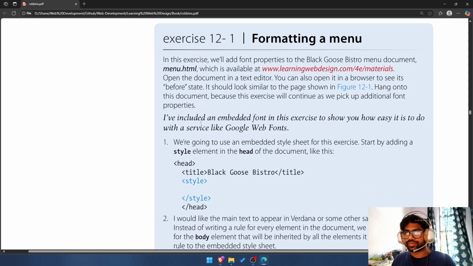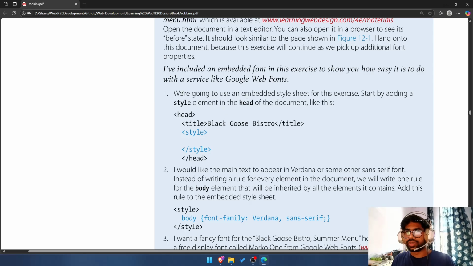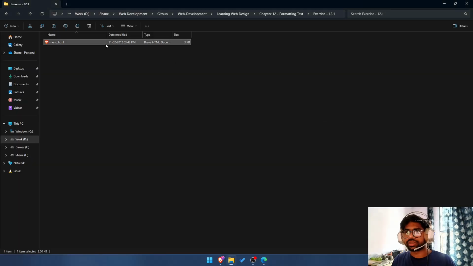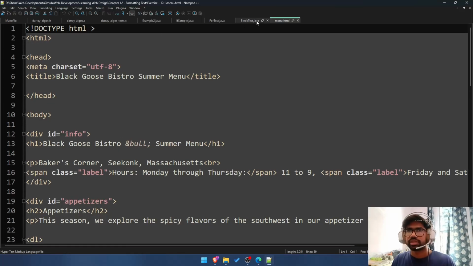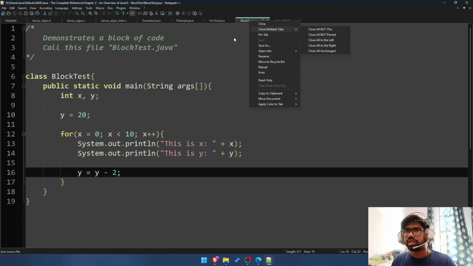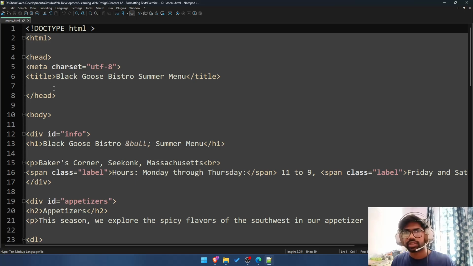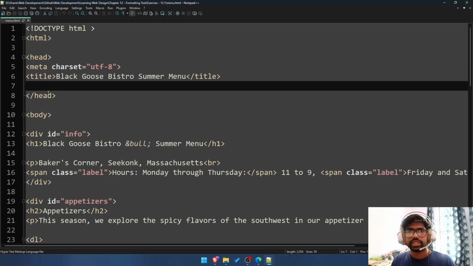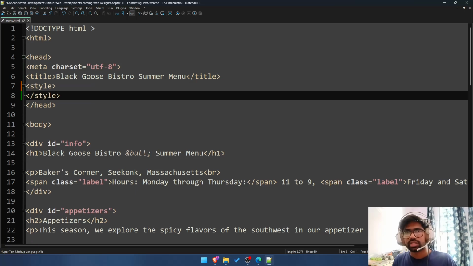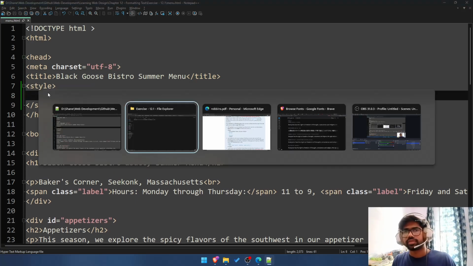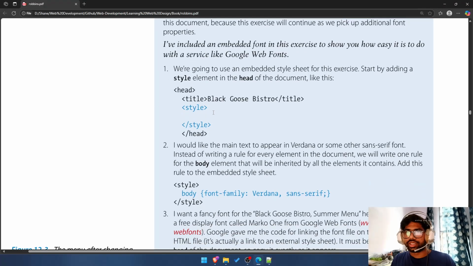Okay, so we're going to use an embedded style sheet for this exercise. Start by adding the style element. Okay, we'll start with this. So within the head, I'll add style. Then I would like